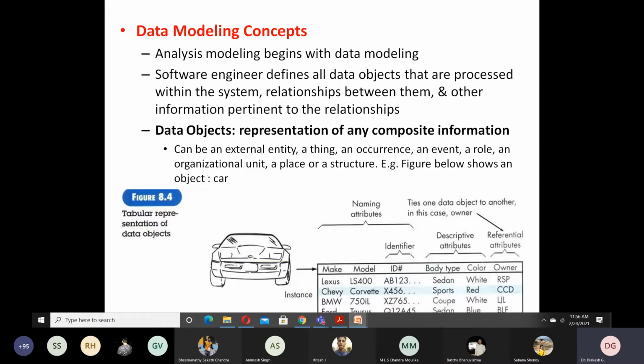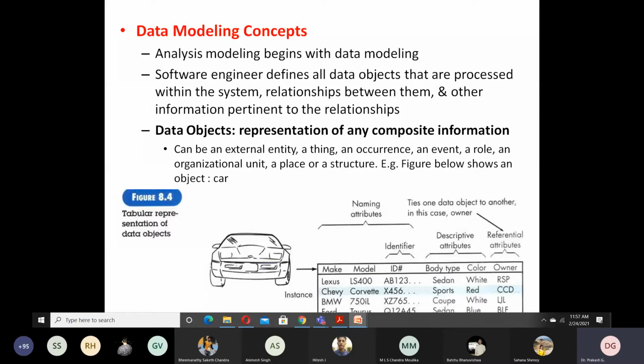In this university you are a student, but outside this university you are the son of a parent, or you may be the nephew of some other relative, or you may be a cousin brother. Just like that, you consider the various roles you are playing. So this is the way we can consider the data object.